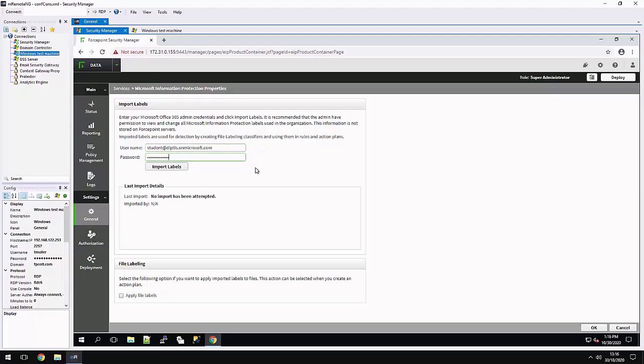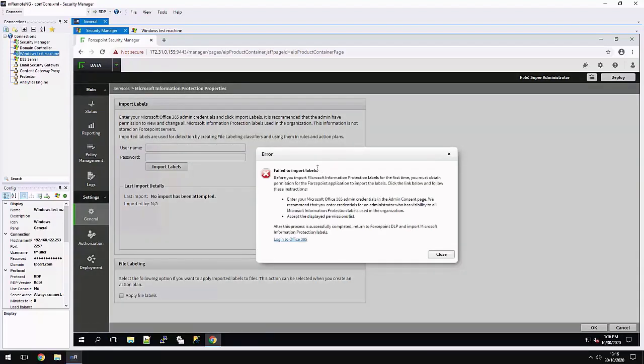Once the credentials are entered, you can click on Import Labels. We'll receive an error message letting us know that we have failed to import the labels. What we need to do is grant permissions to ForcePoint DLP from Office 365.